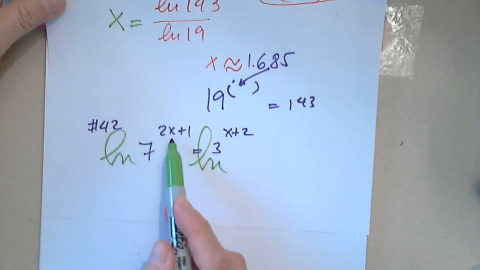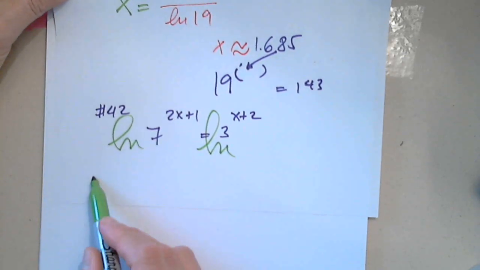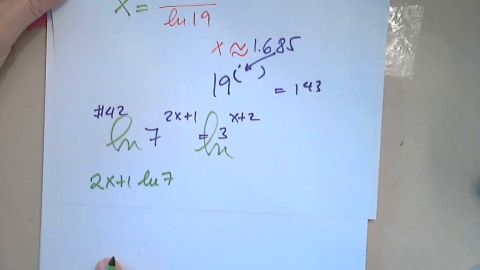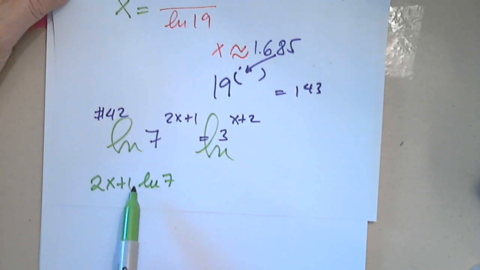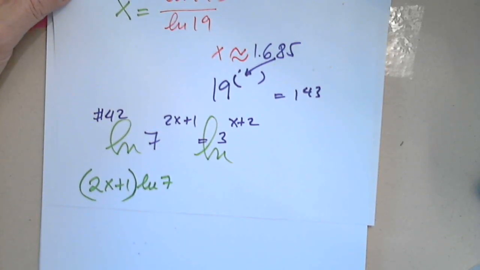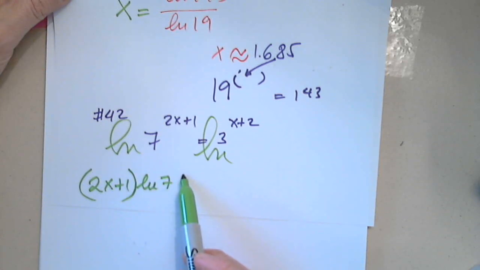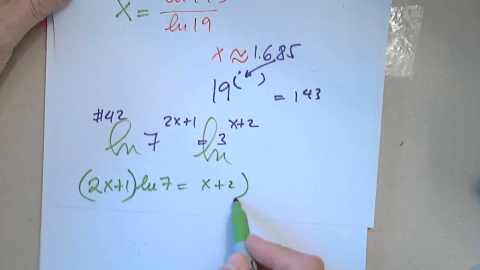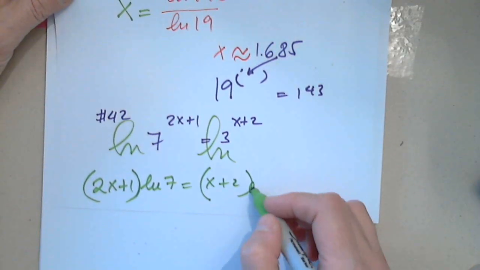Now it allows us, but now you have to be very careful, because if you write like this, that is incorrect. You're not showing that the power is this if you don't put parentheses. So 2x plus 1 comes from the power of 7, and that's correct. And now this is x plus 2 in parentheses times natural